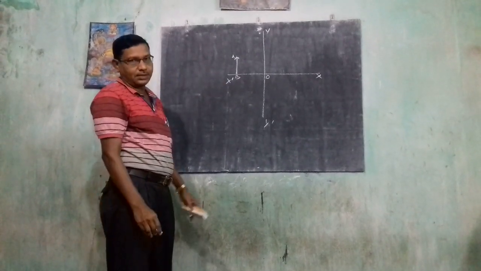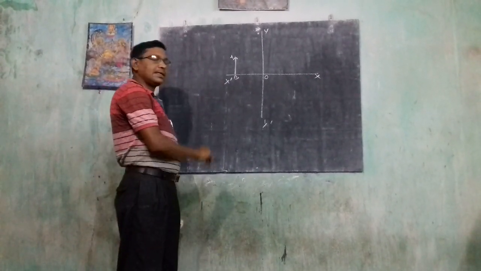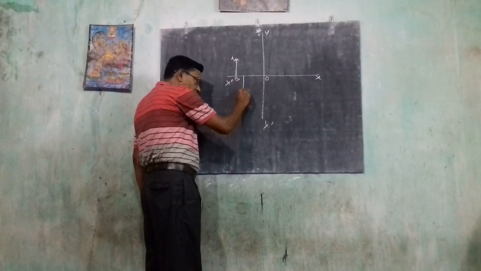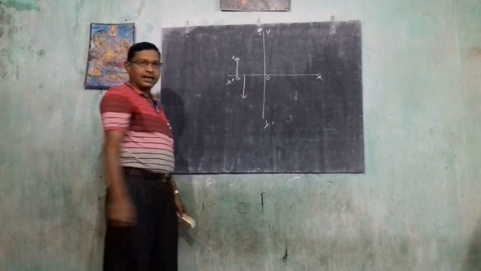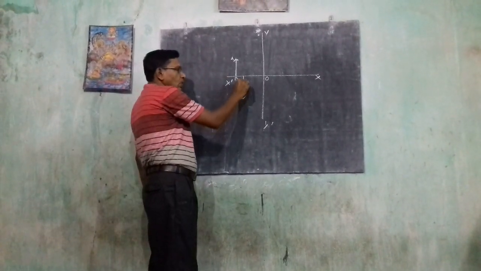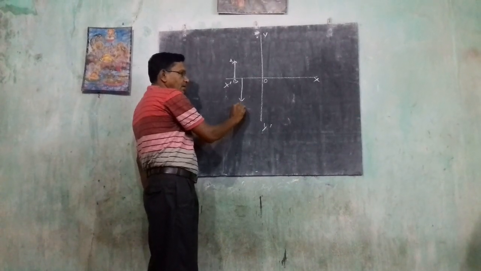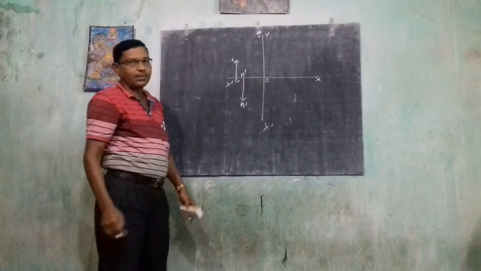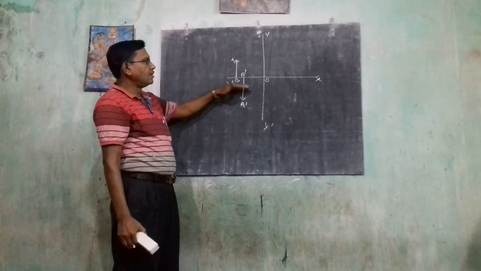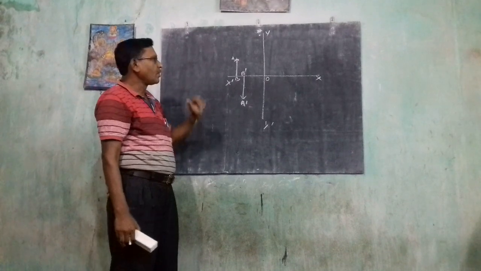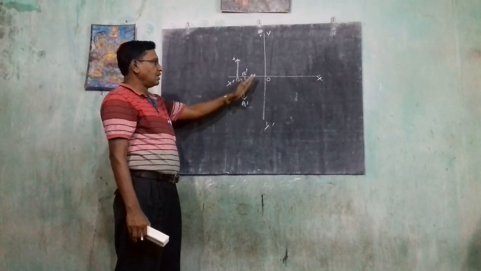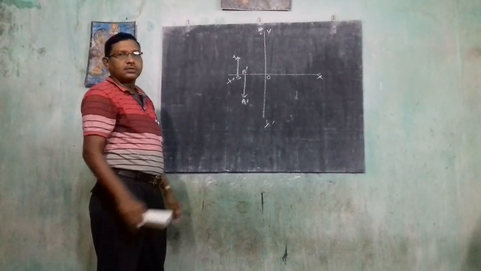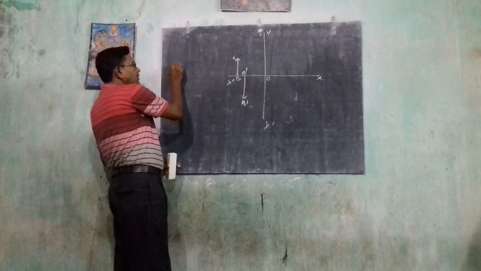In a concave mirror, we get a real image. This image is also formed on the negative side, but inverted. So the height of the image, A dash B dash, is negative, and the position of the image is also negative. The object distance is positive in sign and the height of the object is positive.